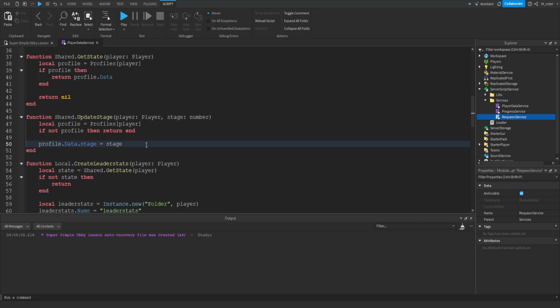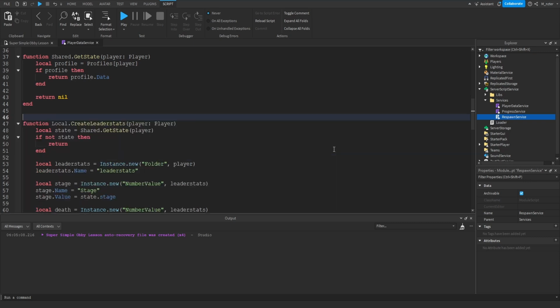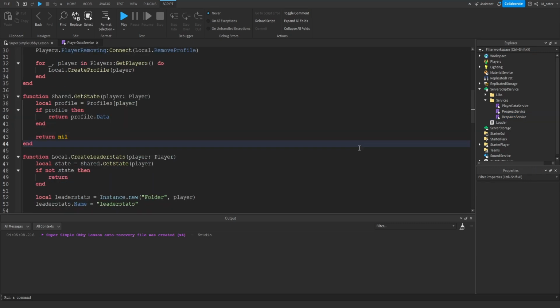The thing with this though is that do we want to create a function for every single different piece of data that we want to modify on the player? And the answer to that is no. There is a much better way to handle this. So I'm going to remove this function and we're going to come back to the player data server script in just a second,